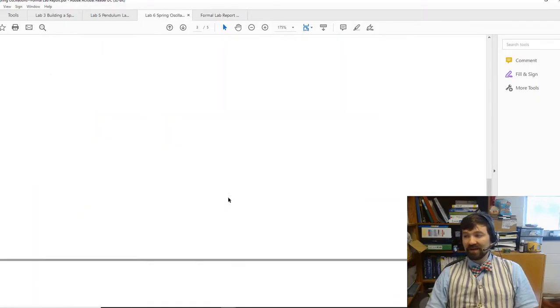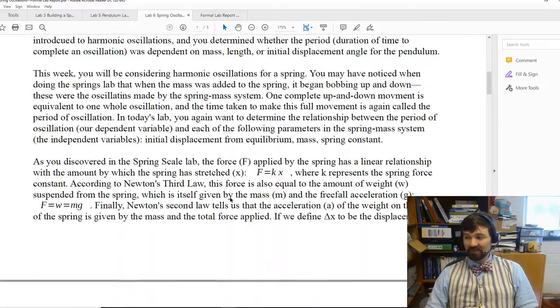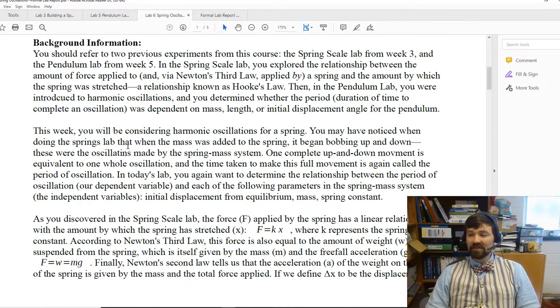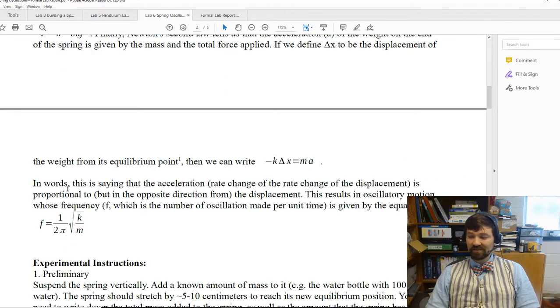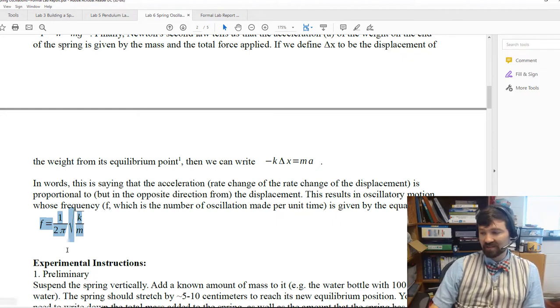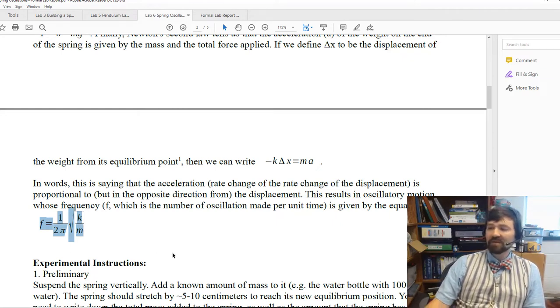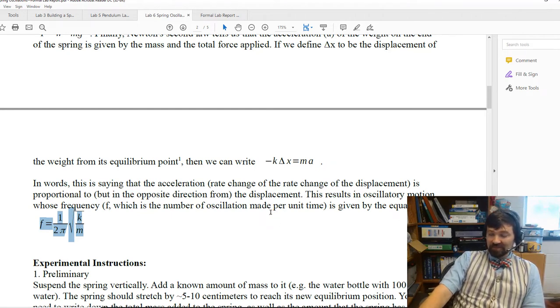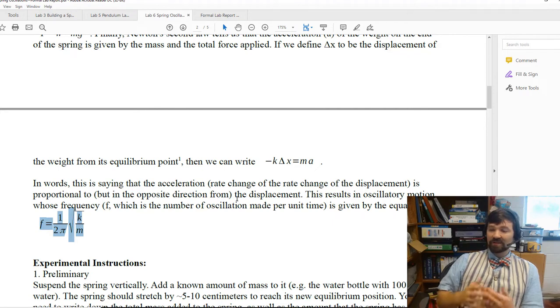So coming back to your handout, I've given you this whole background information statement. Among other things, you have an equation for frequency in terms of the spring constant K and the mass M. The frequency is the number of oscillations per unit time. The period is the amount of time to make an oscillation. So I expect you to maybe put these things together to make a prediction